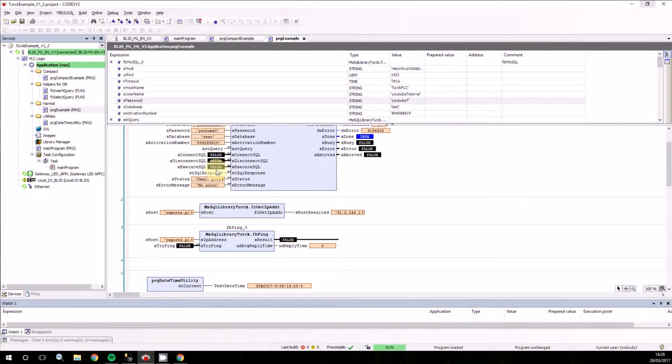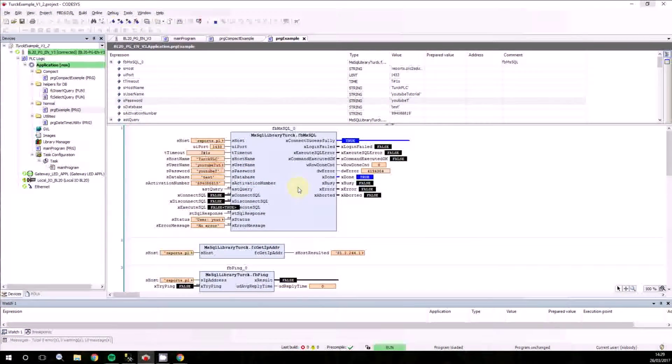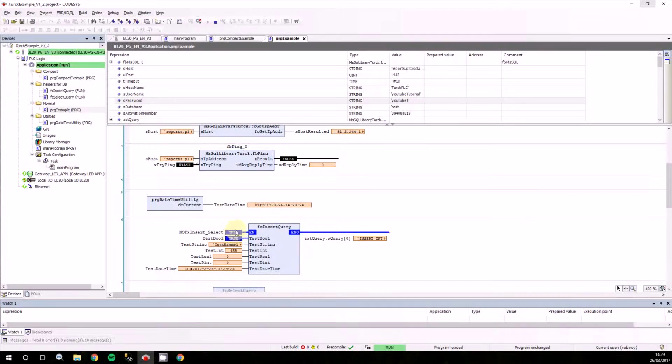But we will execute Control F7, and we can see that row count was 1, everything was done, command executed OK, and now we can do the thing that we will